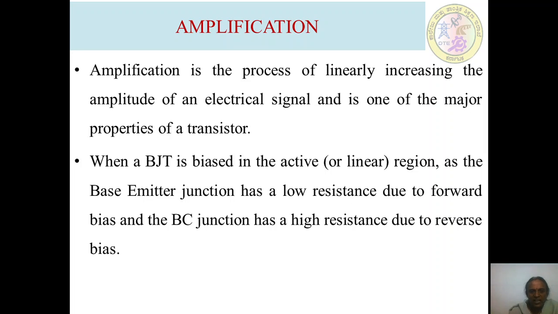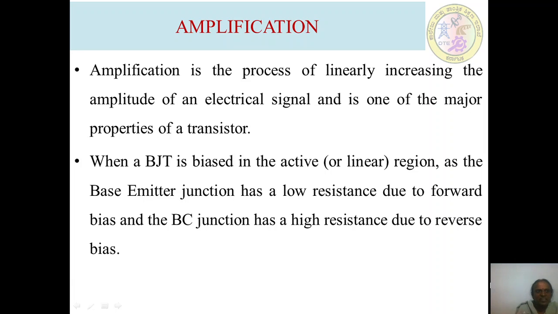But on the other hand, if the BJT is biased alternatively in the saturation and the cutoff region, then it will be used as a switch, allowing current to flow only when the switch is being closed, or current will not flow when the switch is being opened. Current will not flow means it will not flow to any other parts of the circuit.